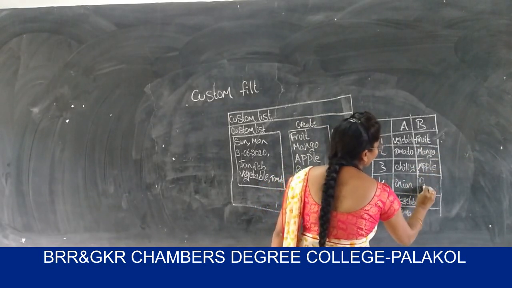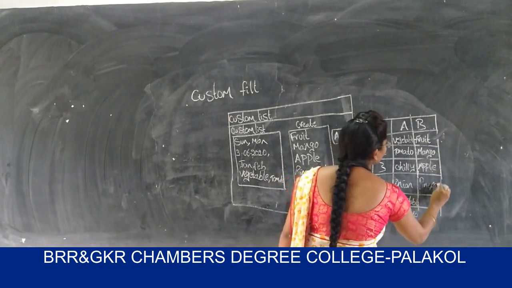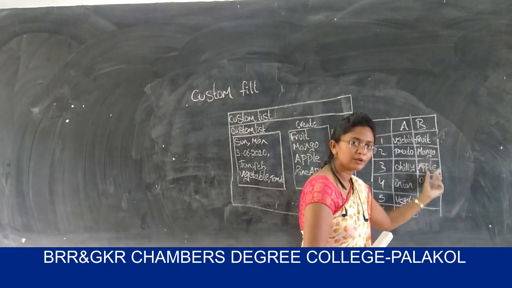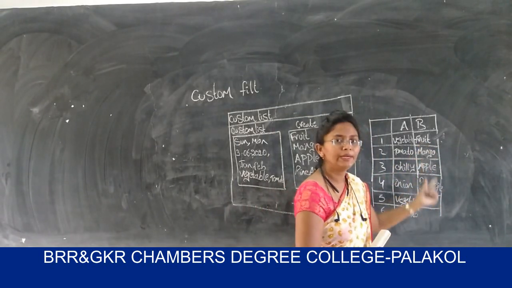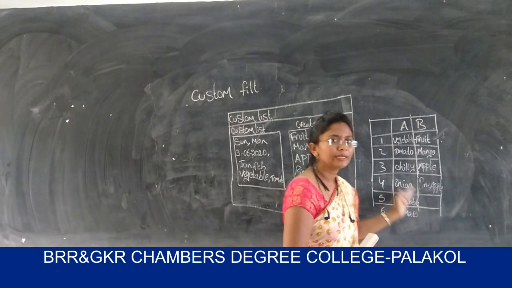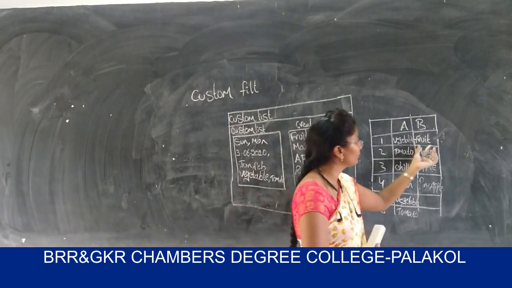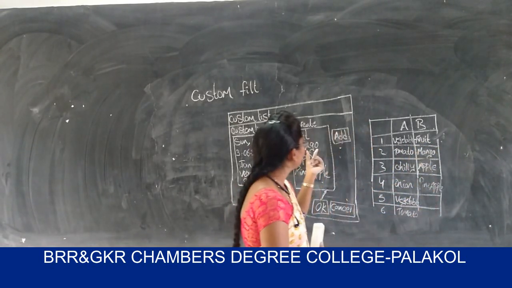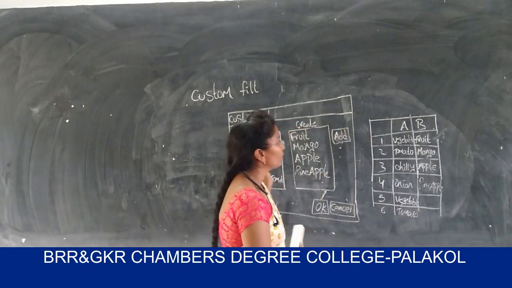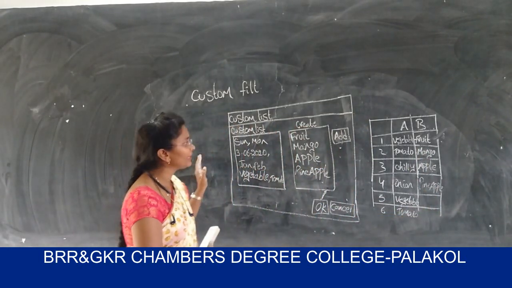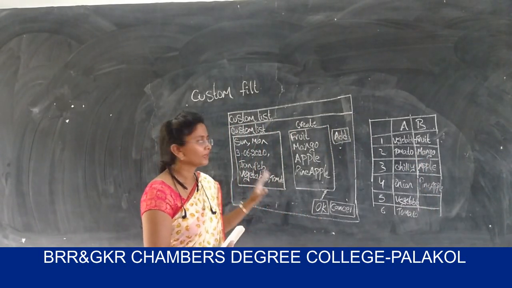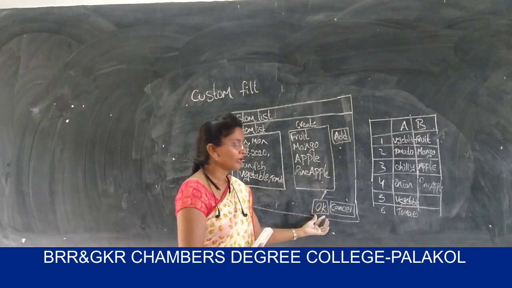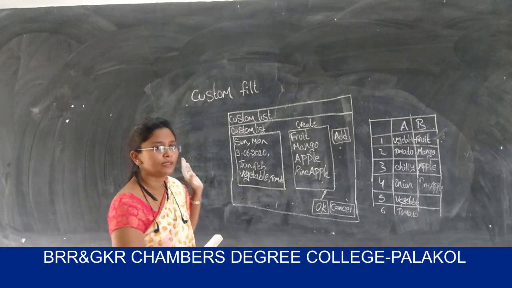and pineapple over here. At first, before creating the custom list, I selected the fruit and dragged towards the downward direction, and the fruit was copied and pasted in the remaining cells. After creating the custom list, I select the fruit and drag towards the downward direction, and then automatically the remaining list appears. This is the way to create the custom list. You can create any list items in the custom list dialog box. After creating the list entries in the new list, click on the OK button. This is the way to create the custom list.